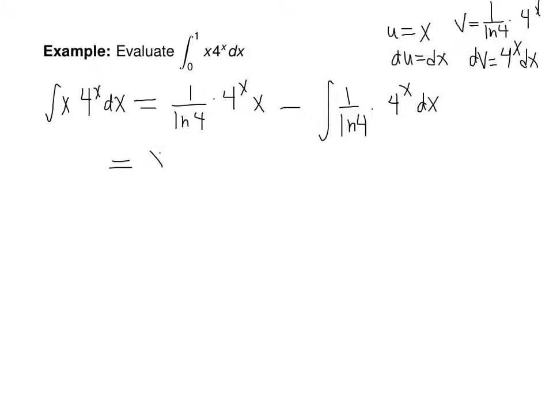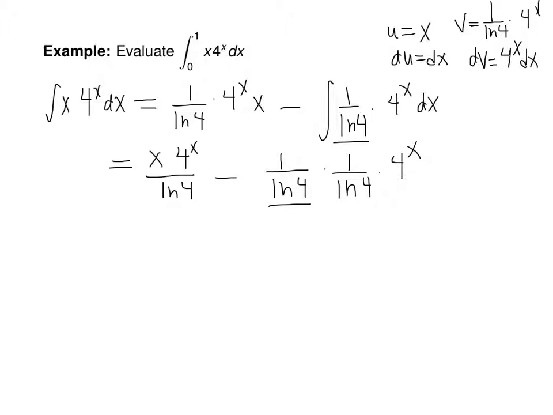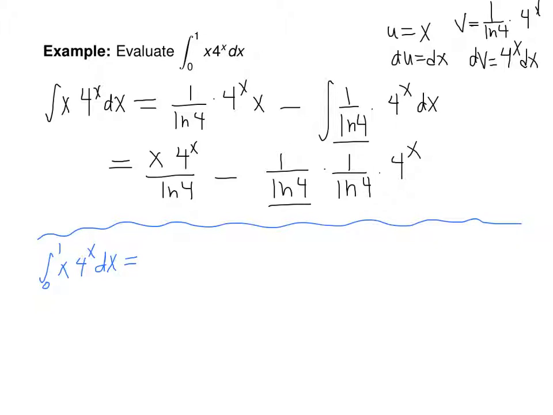So that's x 4 to the x over ln 4 minus 1 over ln 4 multiplied again by 1 over ln of 4 times 4 to the x. So this one came from factoring that one out, and then we antidifferentiate 4 to the x again and get another ln of 4. So now, let's evaluate this from 0 to 1. So the integral from 0 to 1 of x 4 to the x dx will equal, first we plug in 1, so 4 over ln of 4 minus 4 over ln of 4, the quantity squared,